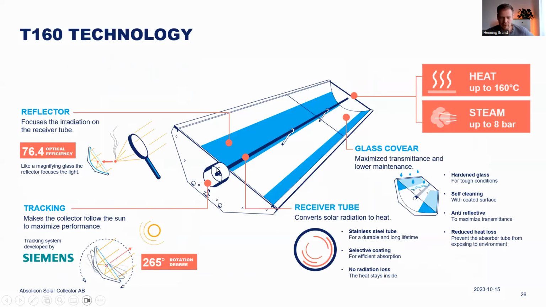What happens inside the collector is that it concentrates. It's a magnifying collector, where the solar rays all bounce off the mirror and concentrate in this red tube and the red dot here, or in this black line here. That is the receiver tube, where all the solar energy gets concentrated. And this follows the sun throughout the day. We have developed this together with Siemens, so we're tracking the sun to always have that concentration wherever the sun is in the sky.